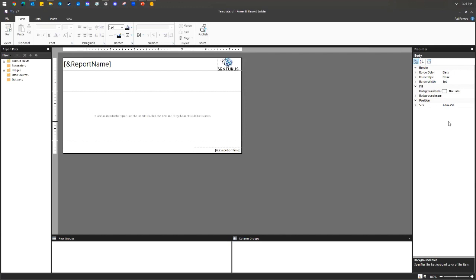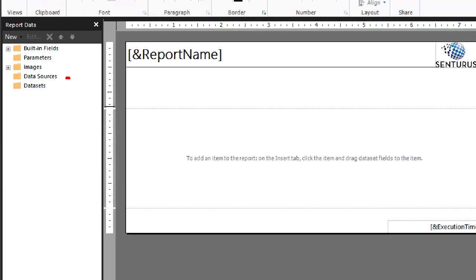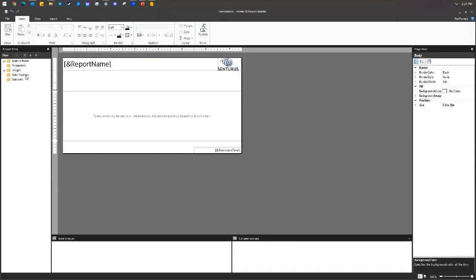All right, we're going to connect to data two different ways here. The first way I'm going to connect to data is through a database. So over here on the left, I have data sources and data sets. In order to create a data set, I have to first connect to a data source. So I'm going to add a data source. And in the second demo, I'm going to use a Power BI data set. In the first one, though,